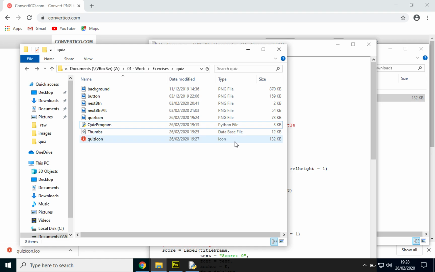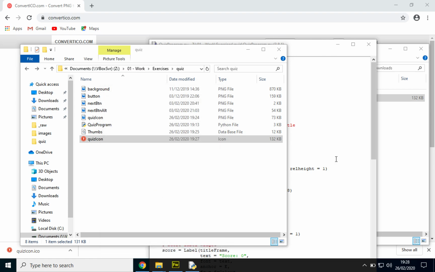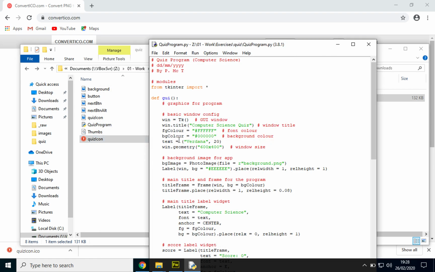So now if I look at the icon, you can see it is type icon, and the quiz icon up here is PNG. Now if I right click on it and do properties, it does show you that it is a .ico, so that's what I need. Okay, now here I've got my variable win, which I made, and it makes a window,